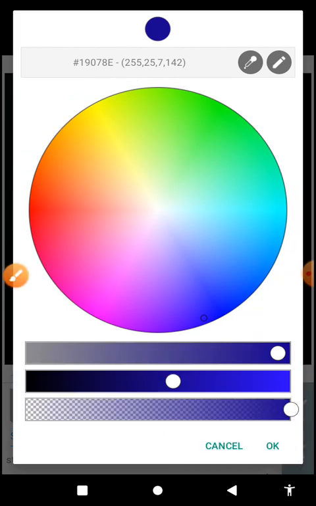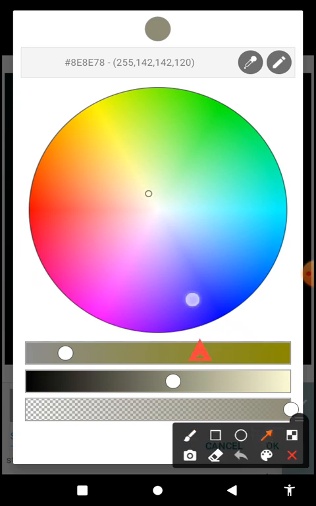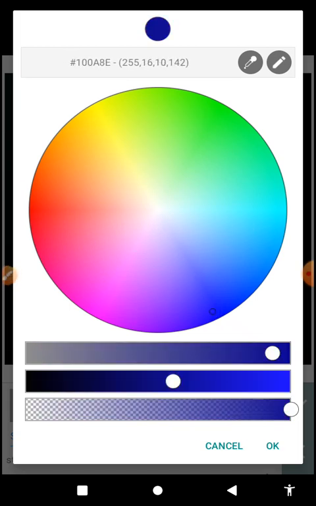If you want to pick a color on your screen, you see the small color picker. Just drag it and place it on any color that you want to pick. Let's pick blue. I love blue. After picking blue, this first one